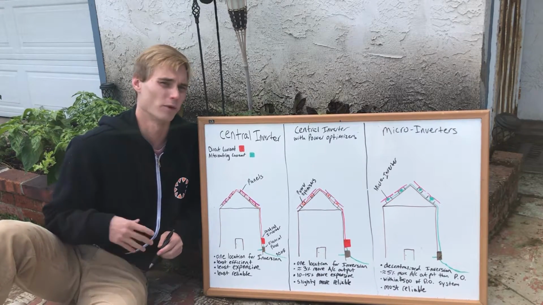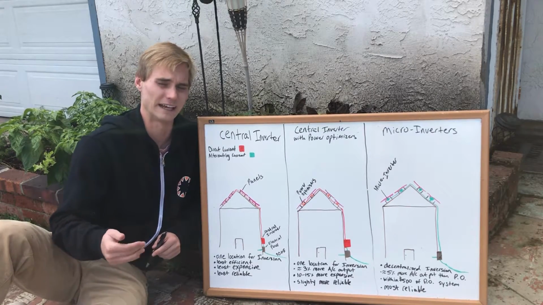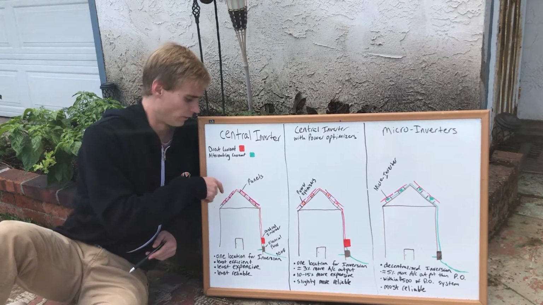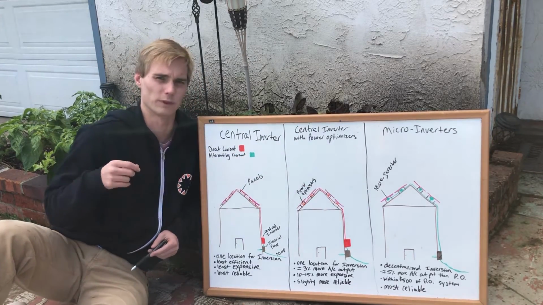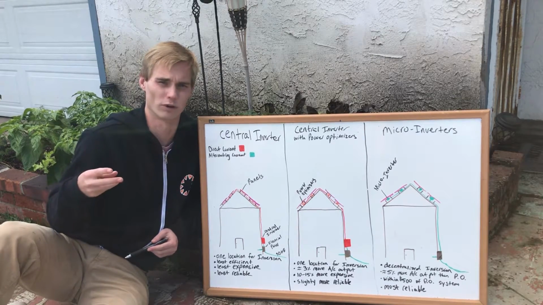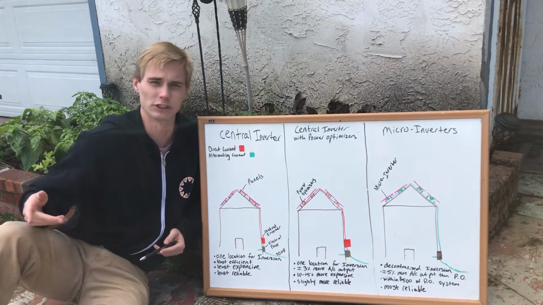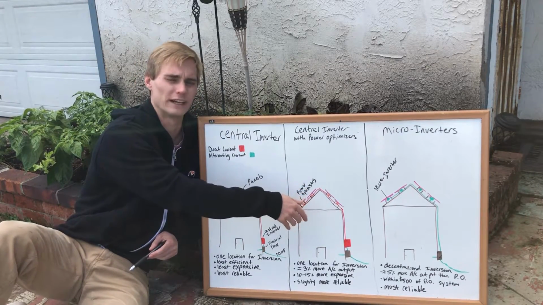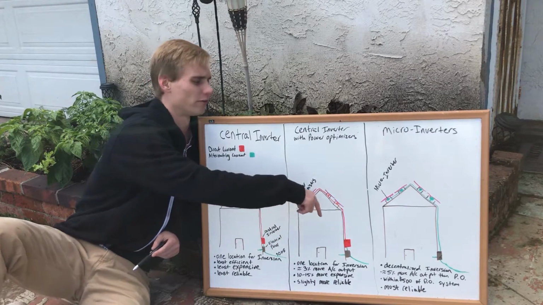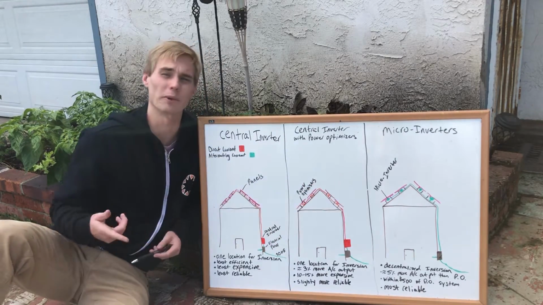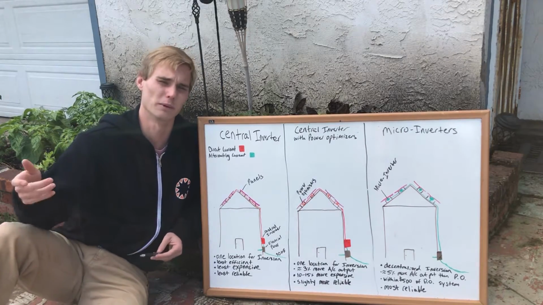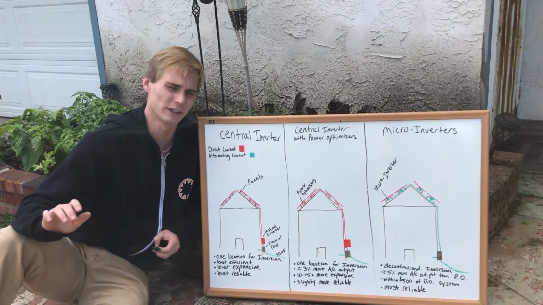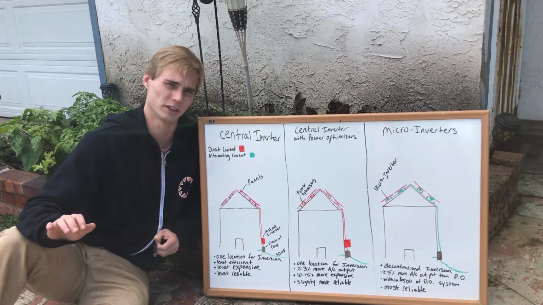Now, there are a few advantages to the microinverting system that a lot of people talk about, which are definitely great. For example, you get even more production in AC out of the same amount of panels. Essentially, if in all three cases you had the same types of panels, let's say the LG 350 watt, you're going to get about 3% more actual AC output out of the power optimizers and about 5% more than the power optimizers out of the microinverters. So not only are you going to get a little bit more, which is fantastic, but the most important aspect and really the biggest benefit to the microinverters,